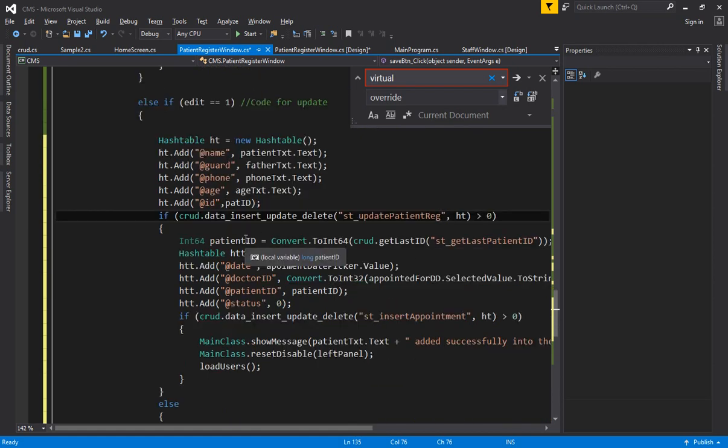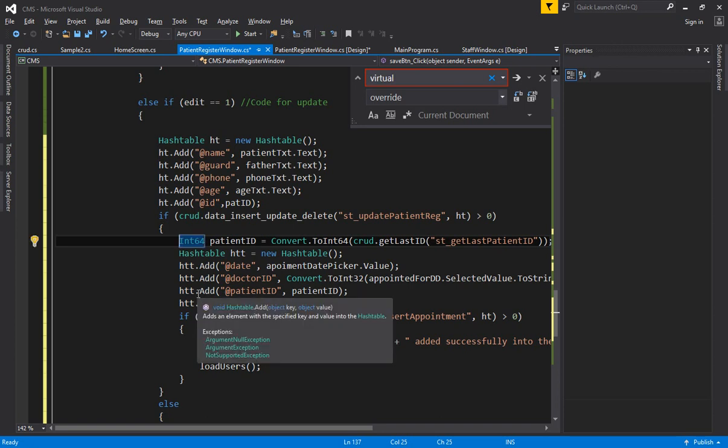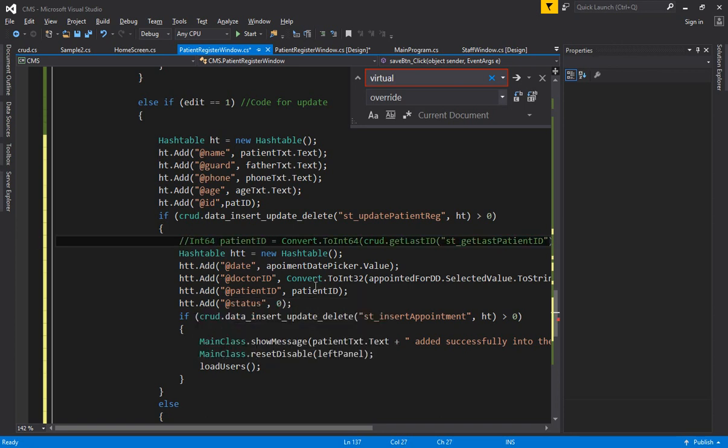Now when I am going to update, I am also picking up the last ID. No, here you don't have to specify the last ID, because the patient that you are updating is not the last patient. So you have to pick up the ID of the patient from the grid. So here the patient ID should not be this one, so comment it. The patient ID should not be this one. Instead,